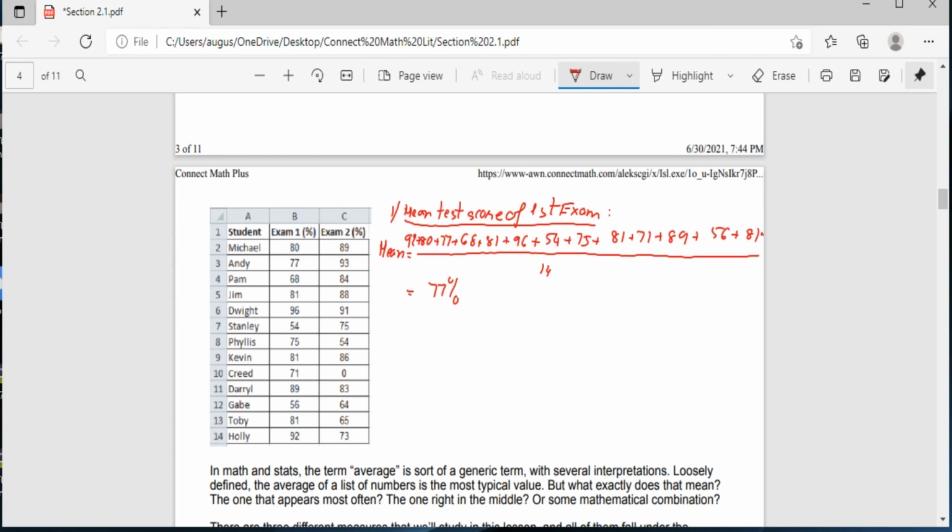On the second question, they ask you to find the median of the first exam. The median means the middle one, so you have to reorder them. So I'm going to reorder them. Which one is the smallest? It looks like it's 54. Yeah, so it's 54, 56, right? Then 56, then